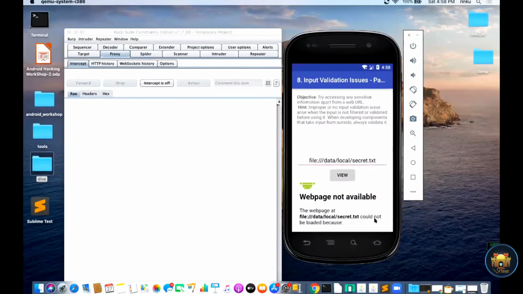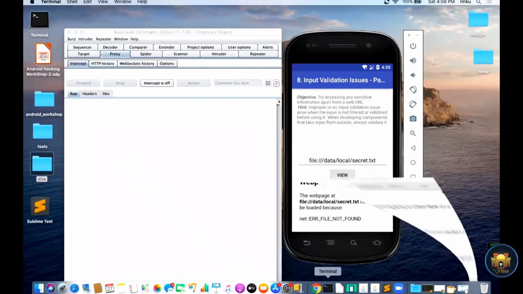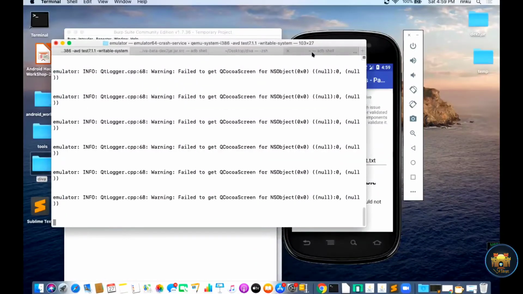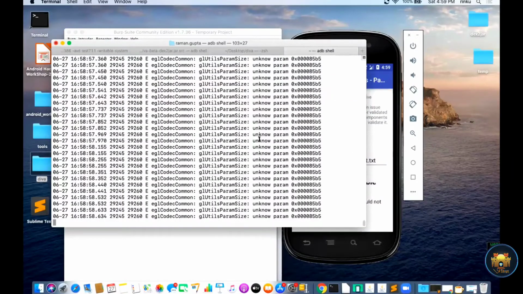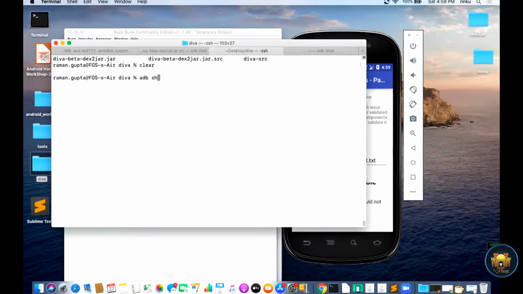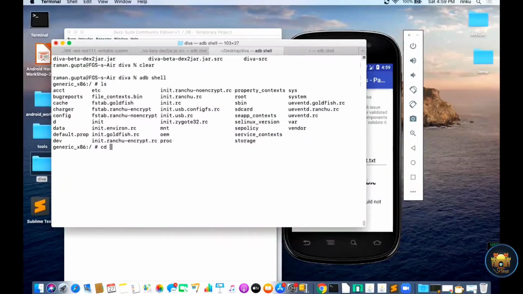It could not be loaded because the file was not found. I think I have given the wrong file name, so I need to check whether the file is present. Do adb shell, after that cd /data. Okay, I think local.